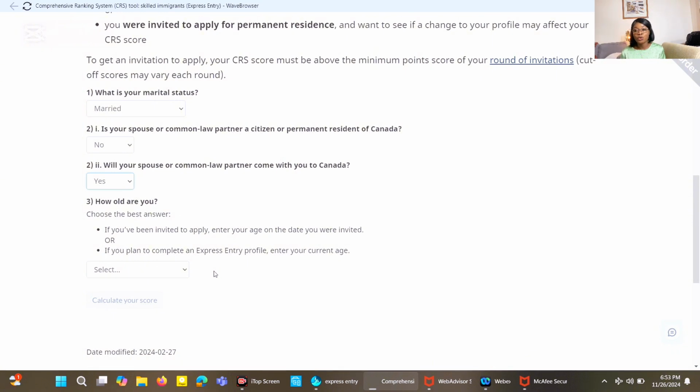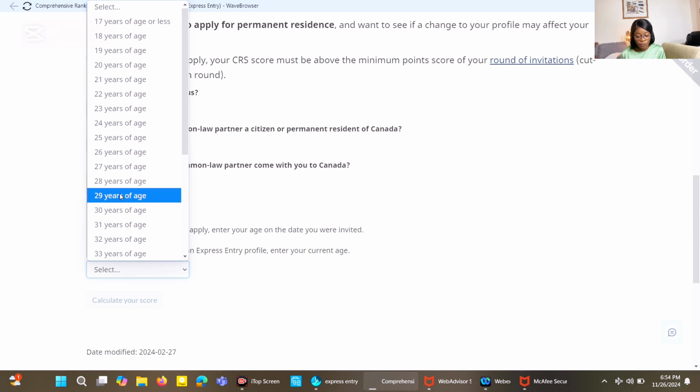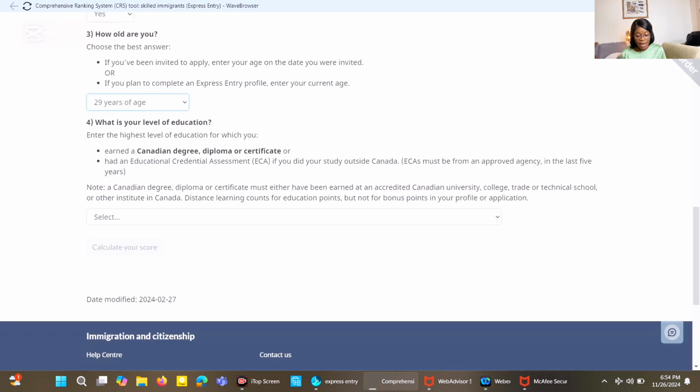This is one thing you should also know, that the higher your education, the higher your marks. Okay, and if the education is in Canada, good for you, it gives you more points. Okay, so enter the highest level of education for which you earned a Canadian degree or certificate. If you haven't evaluated your documents, you have to go evaluate your documents to Canadian standard. That is for international. So that is what we have for the second point. So your level of education,